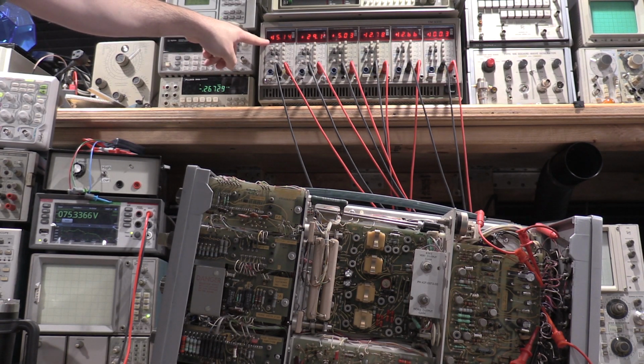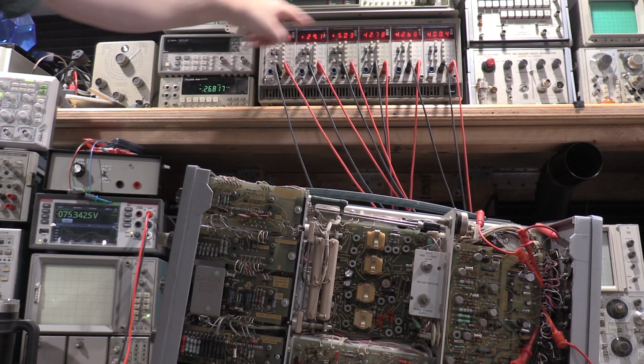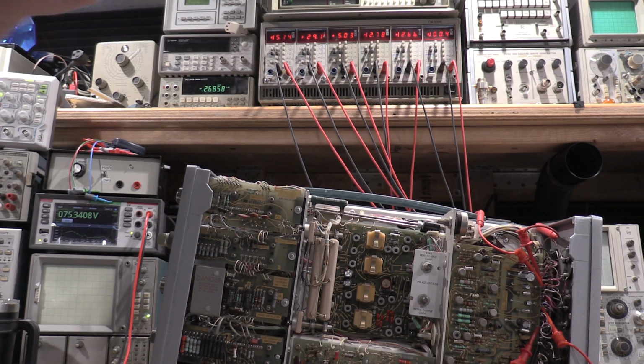Plus 15 has a tolerance of 0.75, nicely in spec. Plus 100 has a tolerance at 2.5 volts. We're at 100.4, so that is within spec. And I need to hook up to the